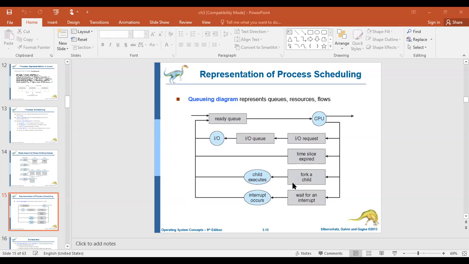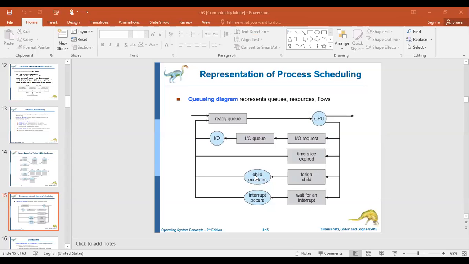Similarly, suppose it has some sub process. Very soon we'll discuss the child process and parent process, so until then, just imagine it is a sub part of it. If it requires a child process, that means the process creates another process in order to complete itself, it will be redirected to the creation process where it creates the child process, and then again it will be placed into the ready queue.